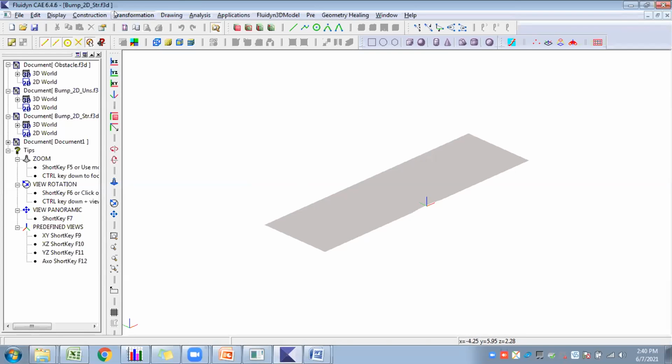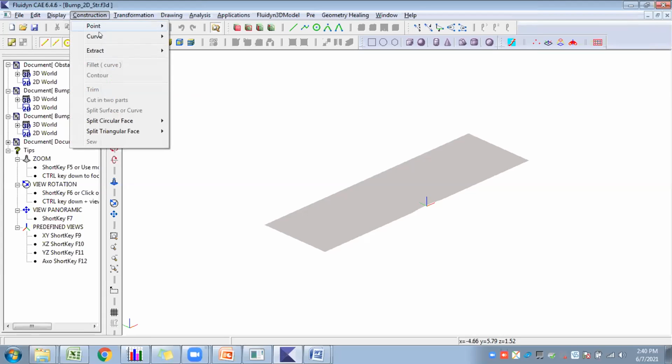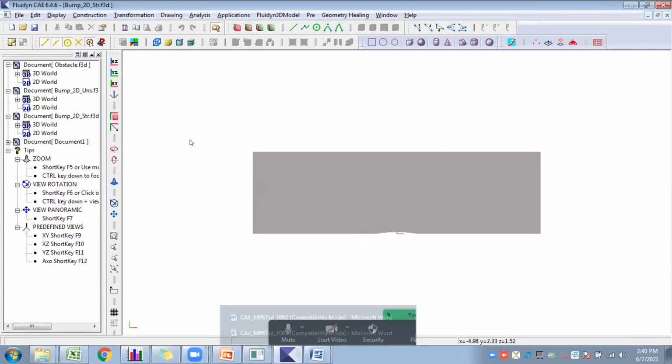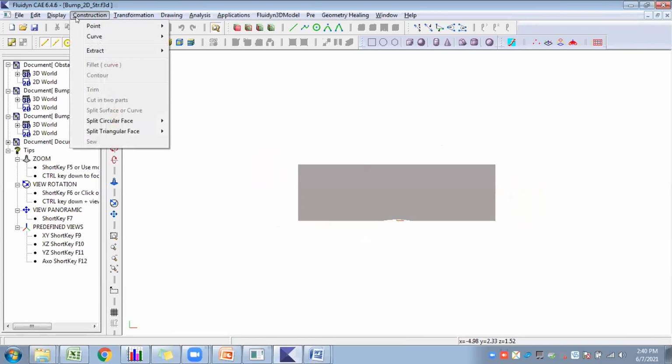Now we can see there are different options available in our menu. We can construct a point, a curve, or extract faces using these options. Now we can just see how this geometry is made. We have created points.